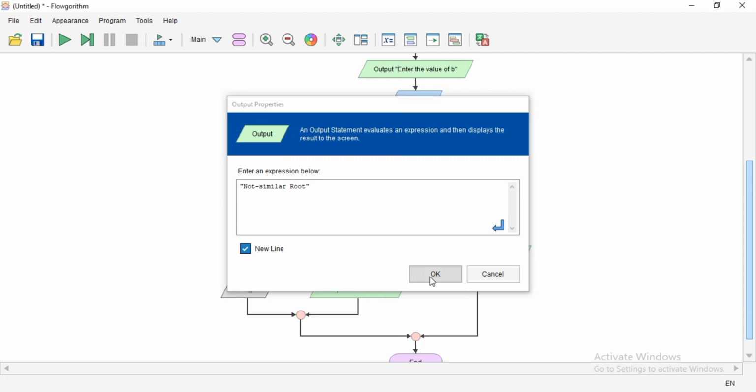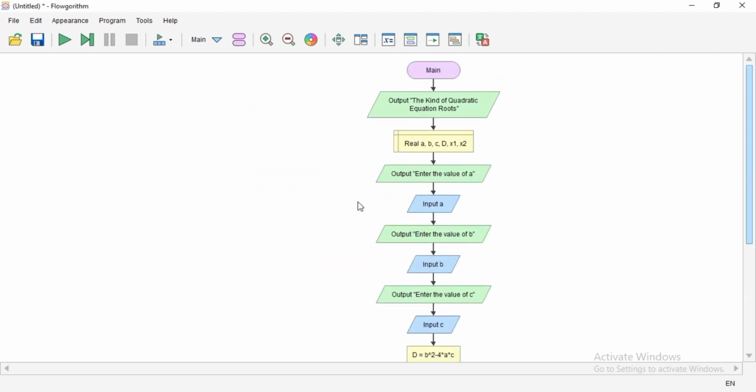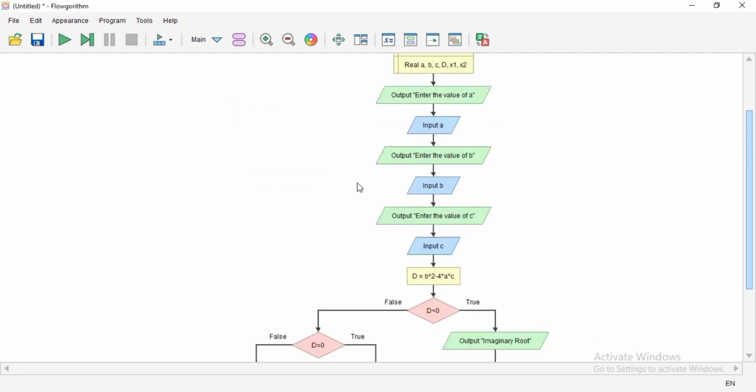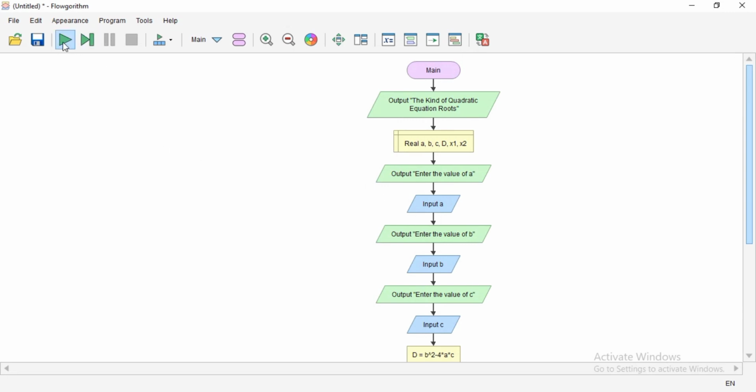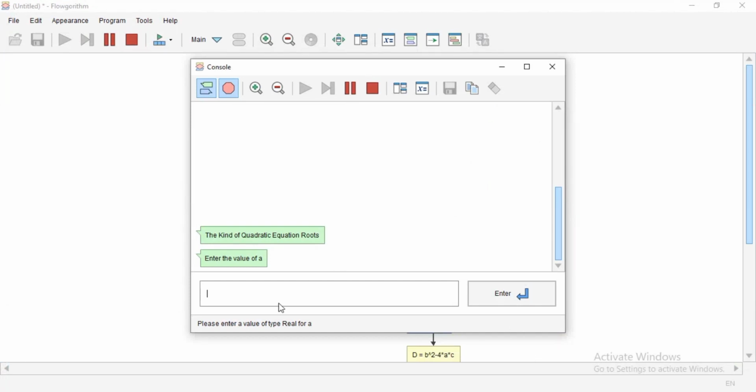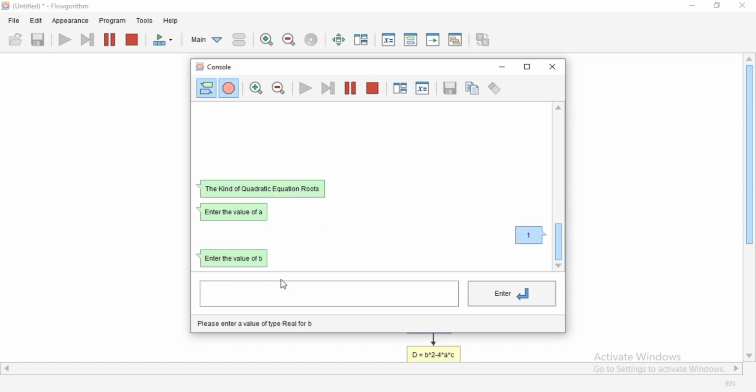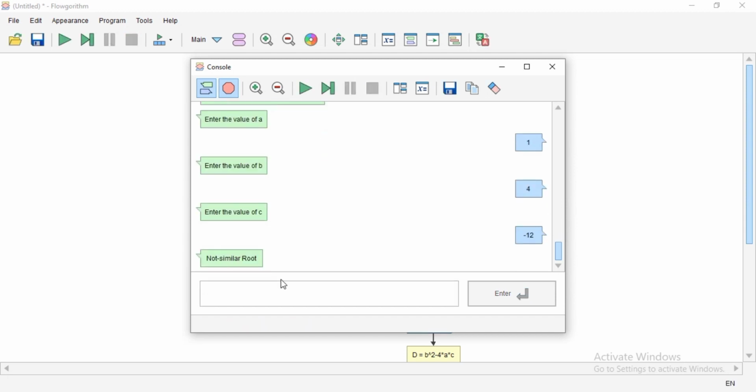Okay, enough. So this is the flowchart, and then I go to check the flowchart using a quadratic equation. If I have the equation x squared plus 4x minus 12, so the value of a is 1, b is 4, and c is negative 12. So this is not similar root.